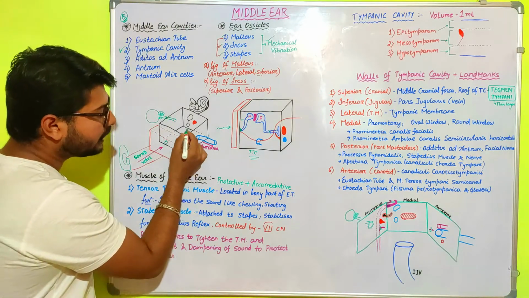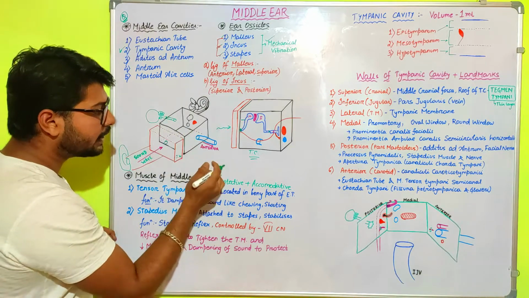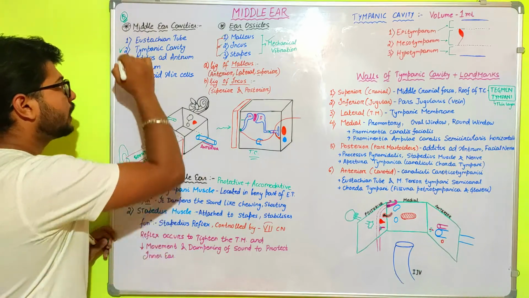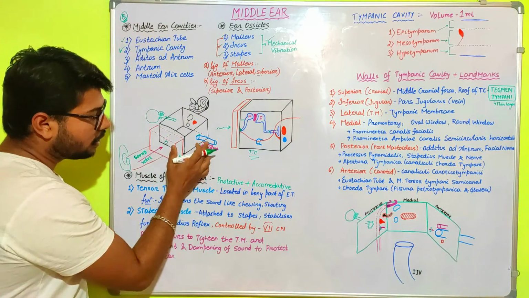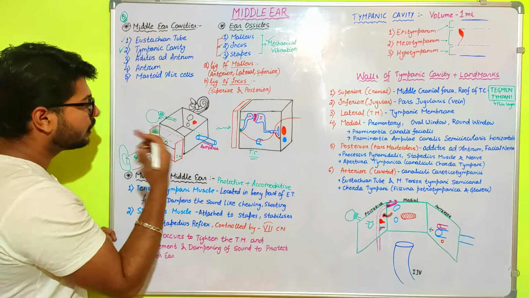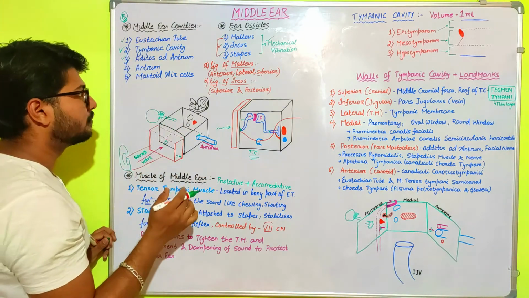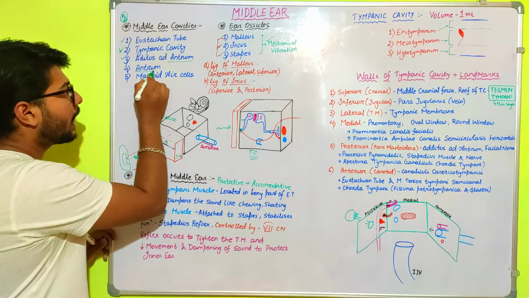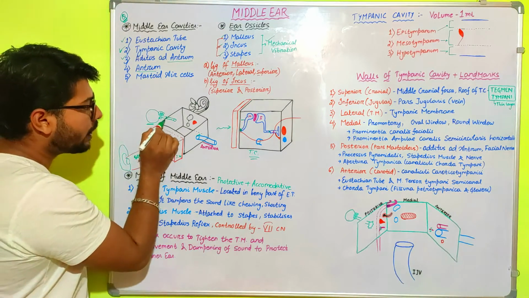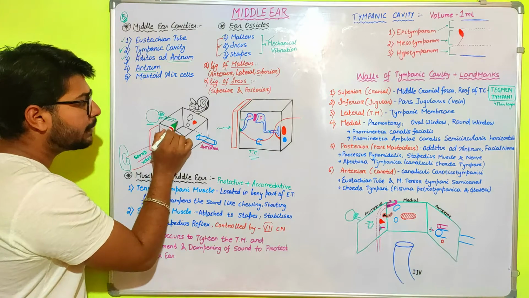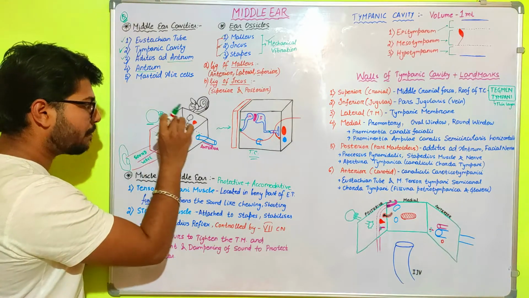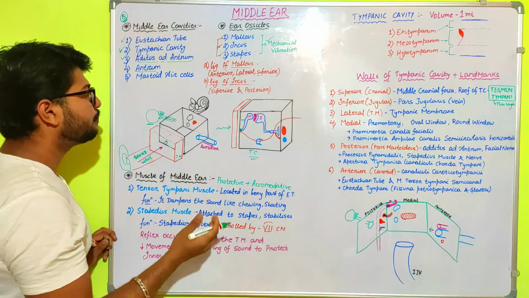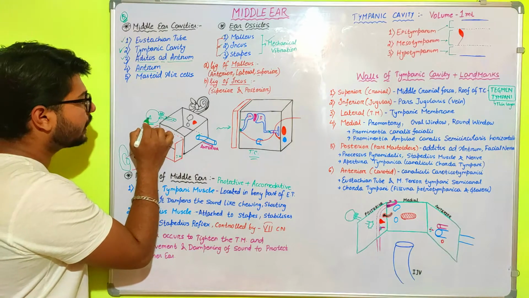Secondly, the tympanic cavity connects anteriorly to the nasopharynx through the eustachian tube, so the eustachian tube comes next. Then what comes? Aditus ad antrum. The antrum is the largest mastoid air cell. The passage that connects the middle ear with the antrum is known as the aditus ad antrum. That is also a tubular cavity. Then it connects with the antrum.